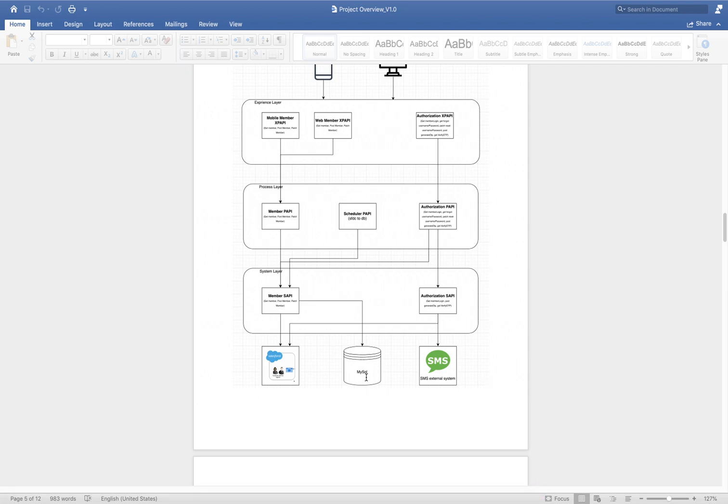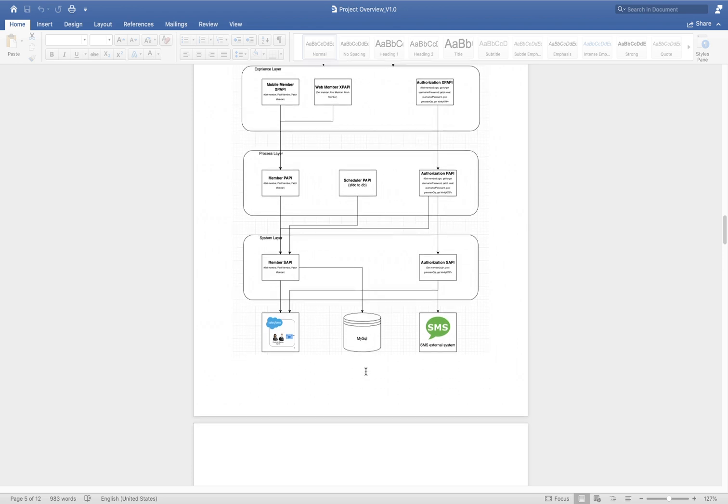Now here actually we can't go with another paid database or another thing. That's why I took MySQL, but here it should be some other platform. But for customer management, Salesforce is a very popular CRM system.